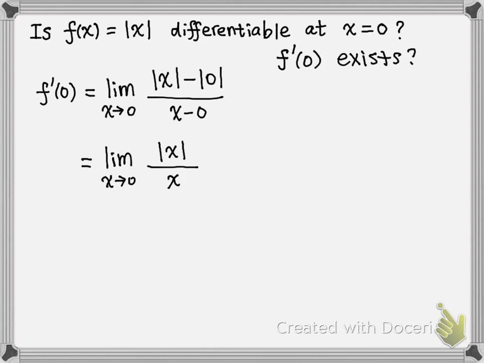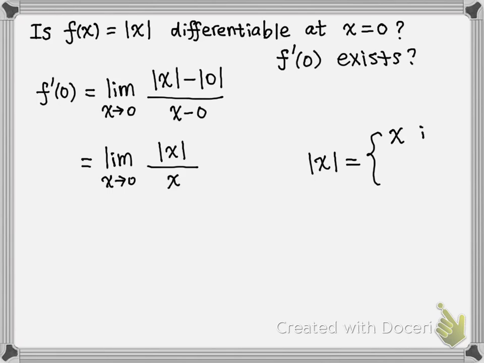And you might say, well, can I bring the x inside the absolute value and cancel it and get 1? Not quite. You cannot just put a number inside an absolute value and expect nothing is changed for the quotient. So we have to have cases here. We have to think about what the absolute value does. Absolute value of x tells you that it's just x itself, the number itself,